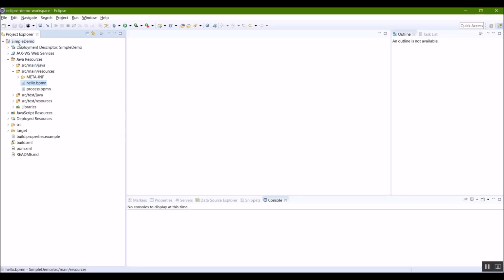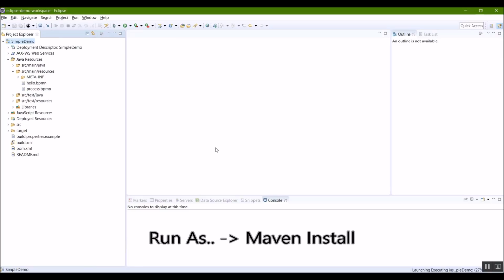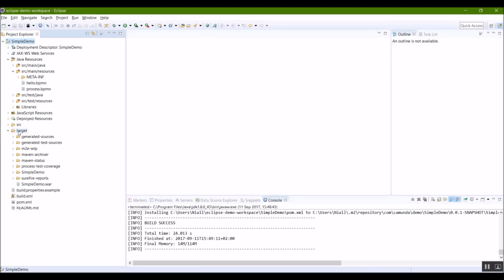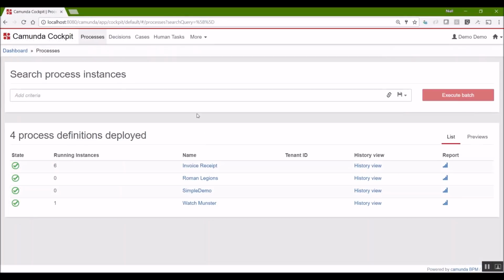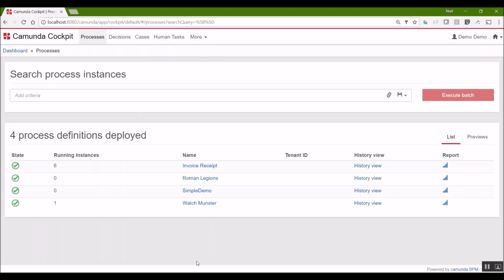And this is actually a time where I'm just going to build this project. So I'm going to right click, run as, Maven install. So everything is going to be built up into a WAR file. Okay, it looks like the build was successful, which should mean that in the target folder we should have this simple demo.war. And if you haven't already, you're going to want to start up Camunda's platform in the background. Meanwhile, if you have already, you should see Cockpit here with a bunch of other processes we've been deploying with the other tutorials. And there's 4 of them right now. So you want to add an update basically, which is going to add an additional one.